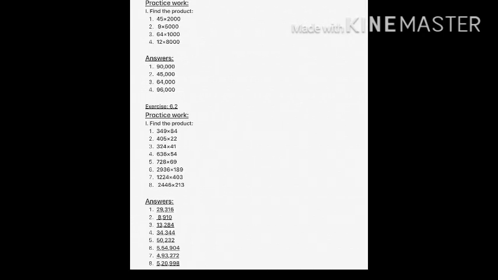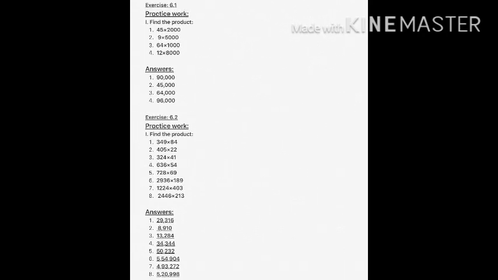All right. Now, children, I had given you in one assignment all the answers of this practice work from 6.1 exercise and 6.2 exercise. Word problems, all these word problems, whichever I had given, you can write down in the practice copy and learn, okay, and do practice it. Write neatly all the practice work and the word problems in one place, one copy. All right. Now, the answers are given here. This is the first exercise 6.1 answer and this is exercise 6.2 answers. Okay, so do check your answers, students.